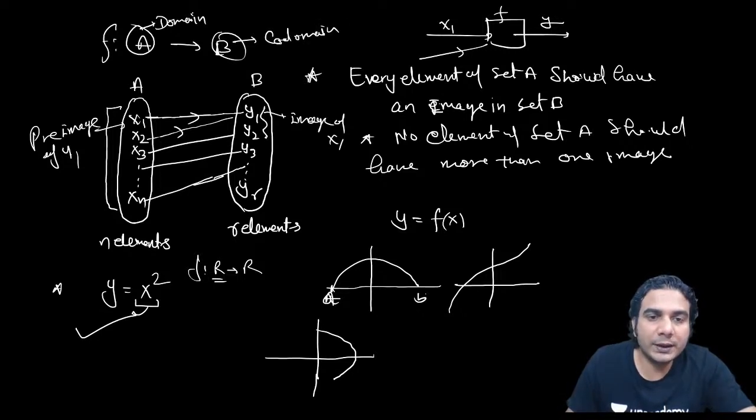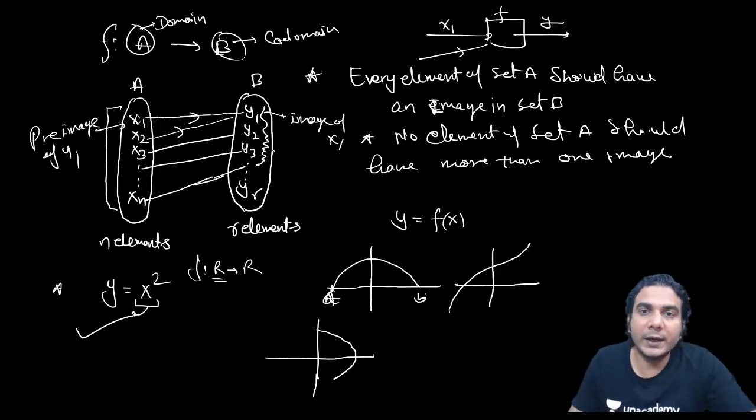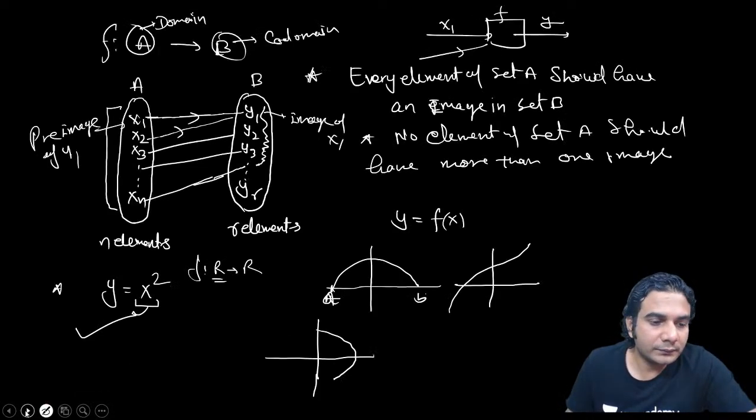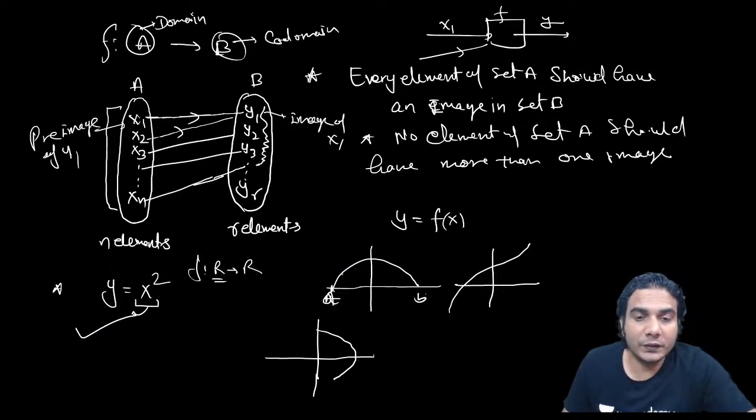The outputs you're getting here, the set of outputs, like yr is not there in this mapping. yr is not the output of any element. The set of outputs is called the range. All right, so range might be equal to codomain, or it might be a subset of codomain. So if you draw a horizontal line in the graph of y = f(x), and it cuts the graph